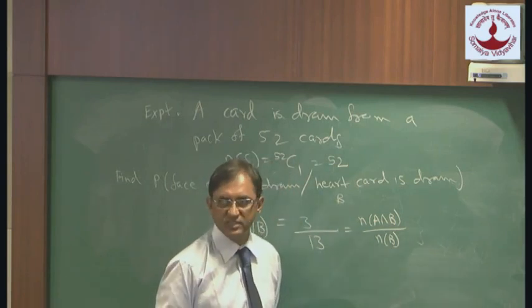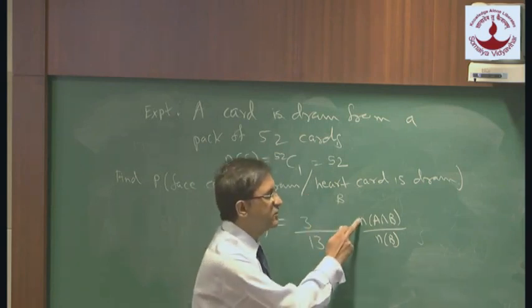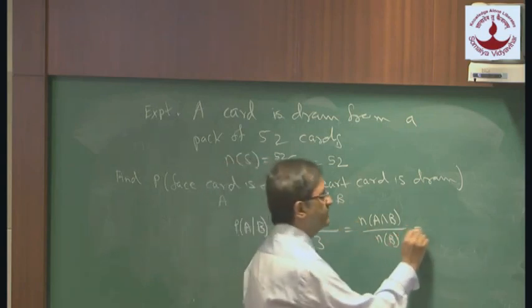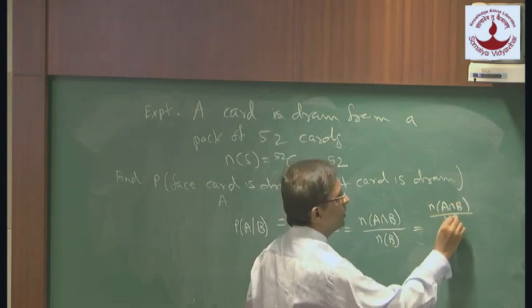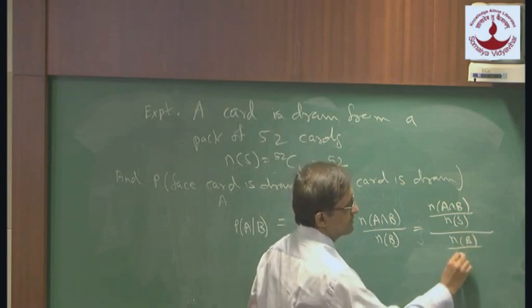Denominator is not equal to 0. Either you put it in this form, or we can put it in the probabilistic form. Just divide both numerator and denominator by n(S). You will get the required answer. That is n(A intersection B) upon n(S)